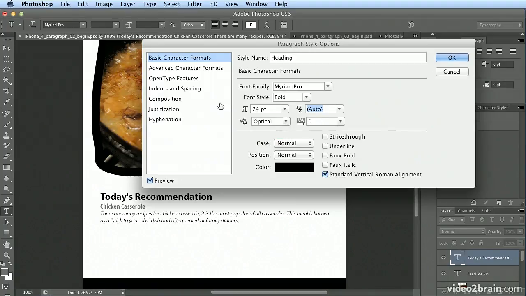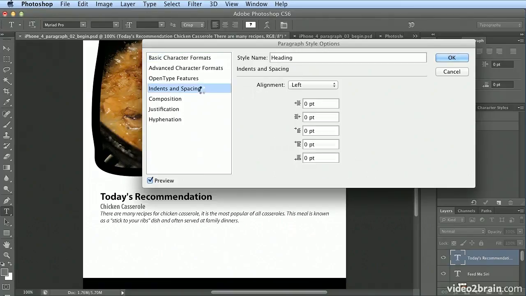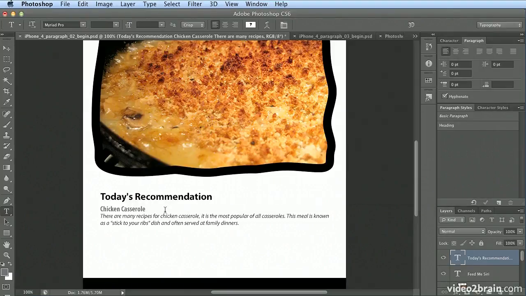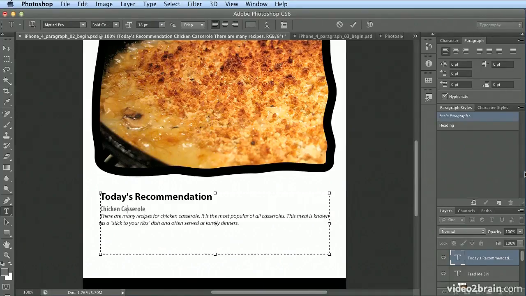Then I'll use indents and spacing and a little bit of space after. In this case, I'll do 10 points. And you could see it pushed the text Today's Recommendation away from chicken casserole. I think I'll tighten that to 8. And if I use the Tab key on my keyboard, it triggers the preview. So when I lowered that to 6, you could see it jumped up even a little bit more by typing in the value, then pressing Tab. You see that instantly. I'll click OK and click on the chicken casserole line,